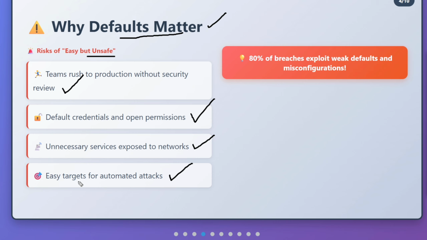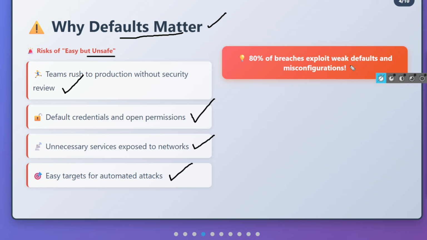Obviously, the person who is trying to attack may use some automated bots to scan for weak setups or weak containers that may have default settings. By having these kinds of checks, they can easily identify them. So that is why the defaults are very important and mandatory